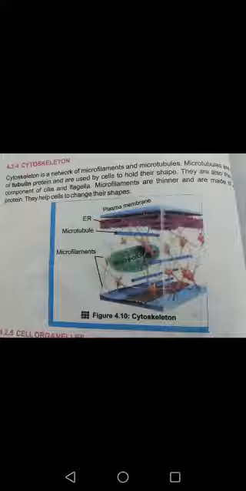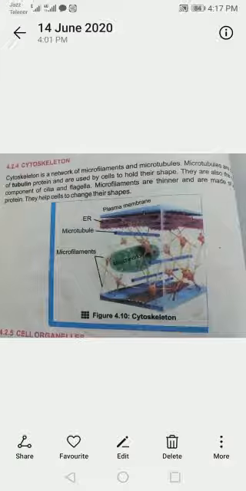Good morning, class. Today we will discuss the cytoskeleton. We will basically discuss the different structures present in the cell. The cytoskeleton basically provides shape to the cell. It's just like your body has a skeleton and it gives your body the ability to stand and gives it shape. Similarly, the cell also has a skeleton in the form of the cytoskeleton, which holds the cell and gives it shape.